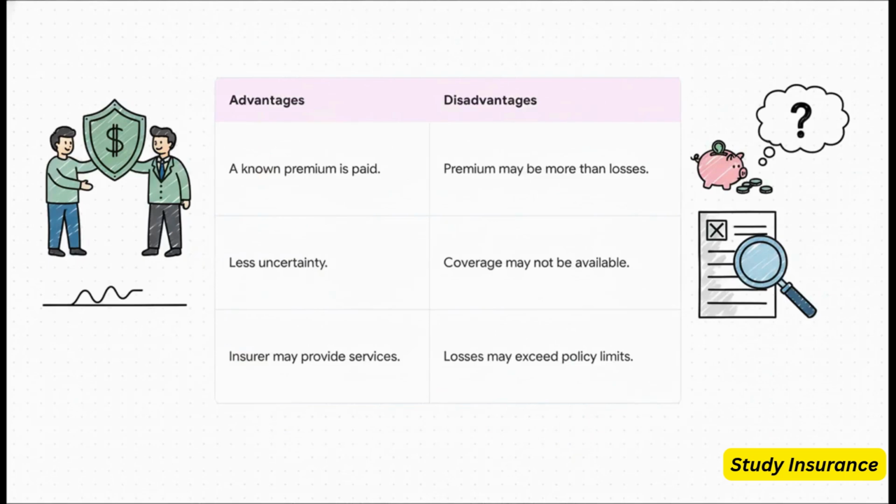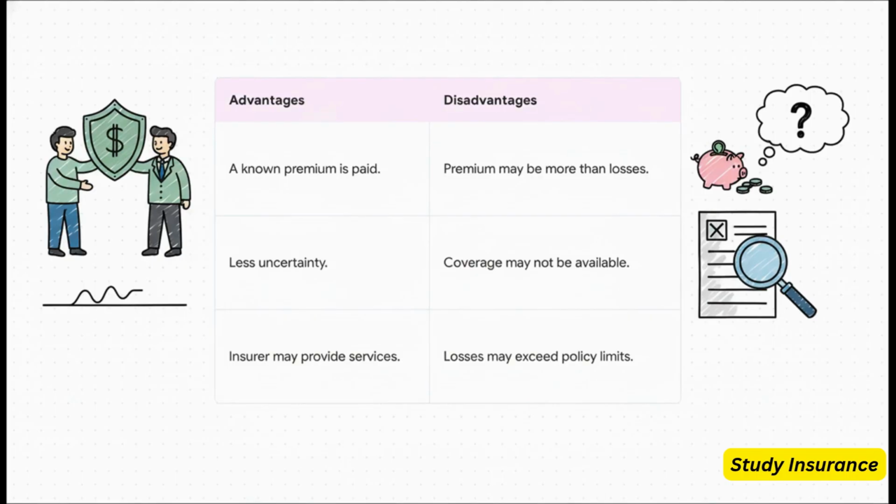Now for the other major financing option, and this is our bread and butter, risk transfer, also known as insurance. The trade-off here is pretty straightforward. The huge advantage is certainty. Alex pays a predictable premium, and in exchange, the insurance company takes on a massive, unpredictable risk. But of course, there are downsides. The premiums might feel like more than the losses you ever have, and sometimes the perfect coverage just isn't available